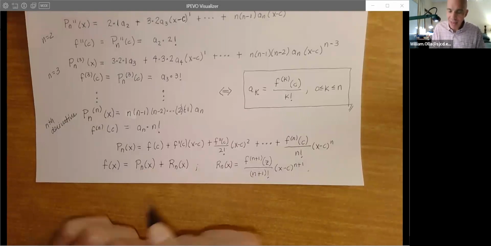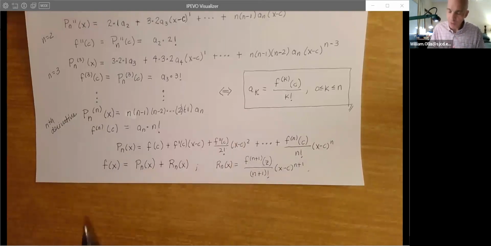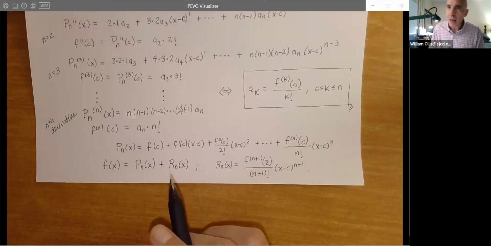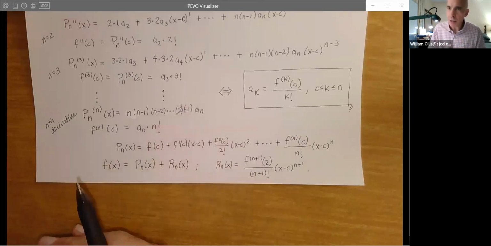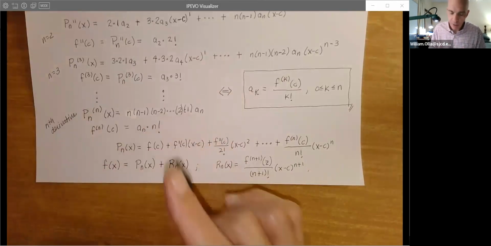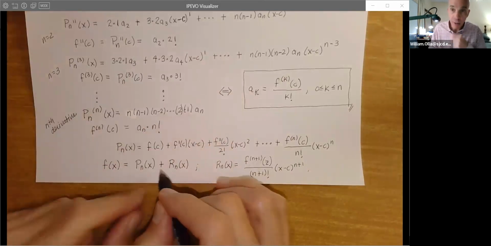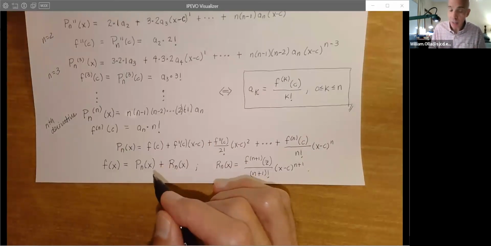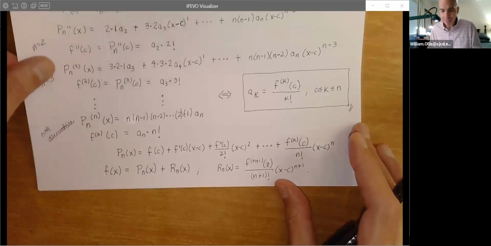So that kind of put the nail in the coffin, so to speak, to say, okay, if this is going to be any good, we just need to know that we can control this, or that we have some way of knowing how much of the gap is there. Can we make it small? Can we control it so that if we do replace the function with the polynomial, is it going to be any good for us? Because we've already started computing them. So let's talk about that.